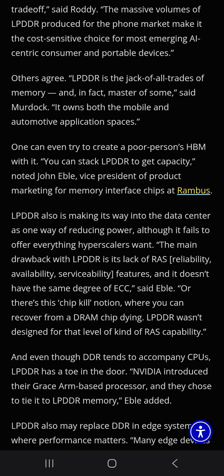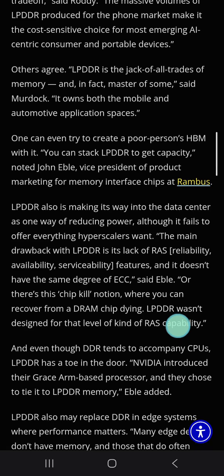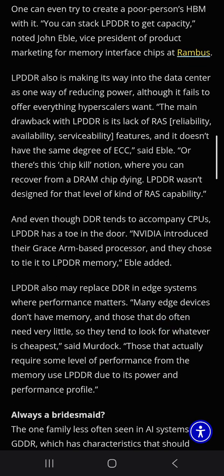You can stack LPDDR to get capacity, noted John Eric Bill, Vice President of Product Marketing for Memory Interface Chips at Rambus. LPDDR also is making its way into the data center as one way of reducing power, although it fails to offer everything hyperscalers want. The main drawback with LPDDR is its lack of